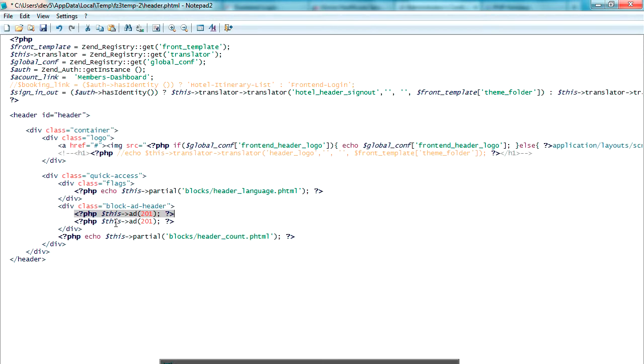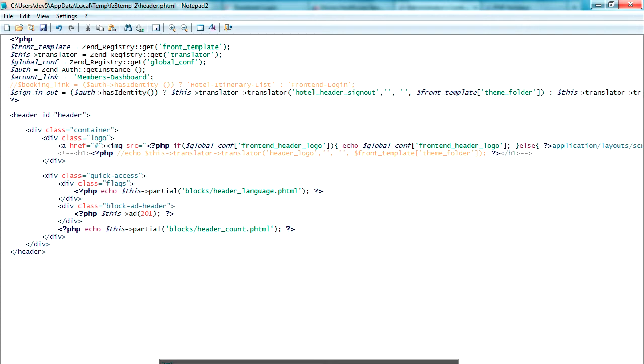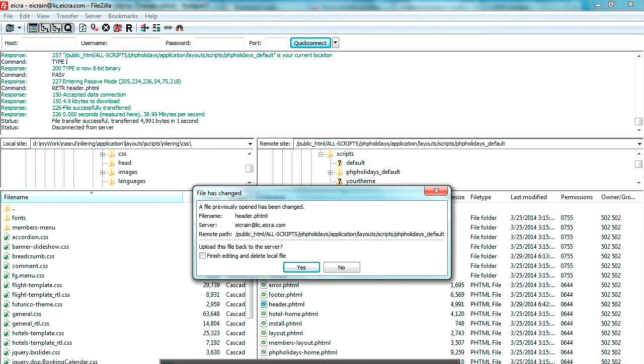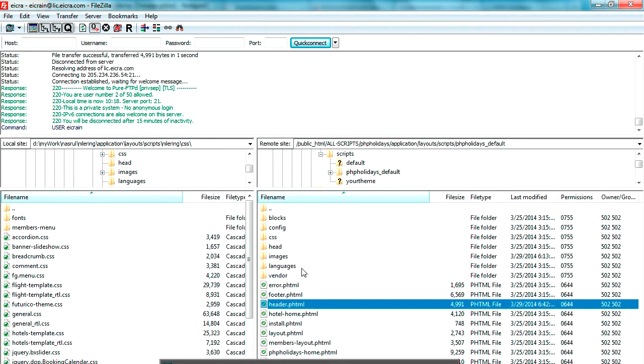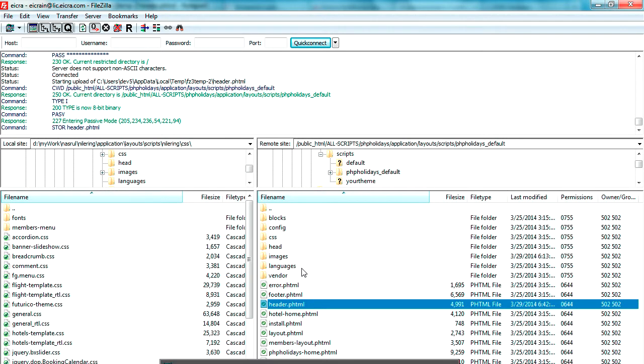Those who have not purchased our ad and commercial modules, remove it, come up with your custom HTML, PHP or JavaScript code and paste it here. It will still work. For our case, we have modified it, so no change is done. But if you want to bring in any other ad, you can just edit this portion, save it, and upload it back to the server, and the header.phtml file gets modified.